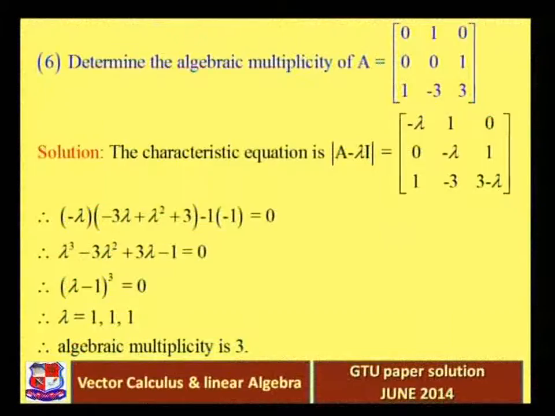So algebraic multiplicity means how many times that eigenvalue occurs, and geometric multiplicity means how many eigenvectors correspond to that eigenvalue, right? So clearly the algebraic multiplicity is always greater than or equal to the geometric multiplicity. Okay,